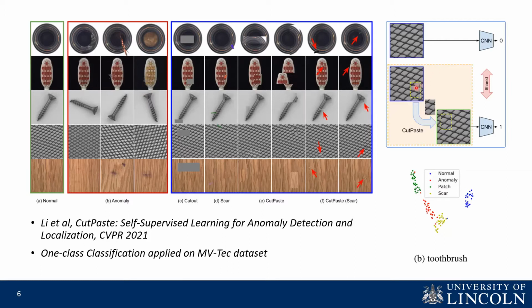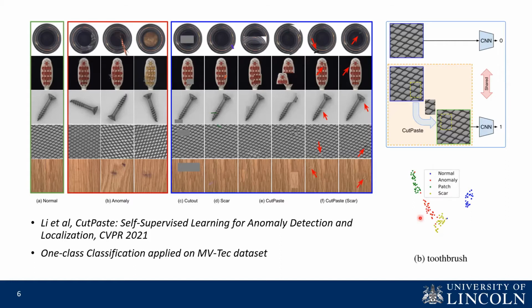They cut and pasted a small patch of a normal image and then trained a convolutional neural network to predict the normal image as 0 and the manipulated image as 1. Finally, a useful feature representation could be learned in the neural network to classify between normal objects and anomalous objects